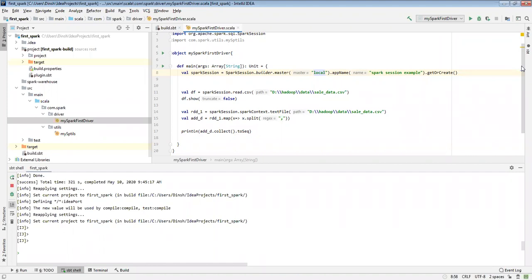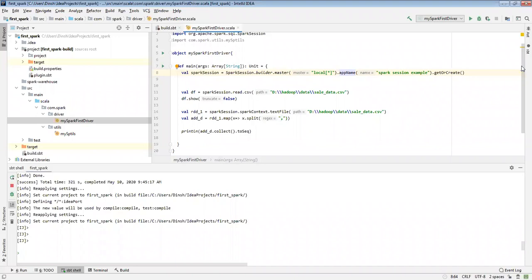When I am using local star, the application is allowed to run on multiple cores, and when it can run on multiple cores, multiple tasks can be done in Spark. Then the app name depends on the project; we can give just any app name. It is used when you are searching for your logs in the Yarn UI. That time this Spark app name will help to search the information and the logs. That is the purpose of the application name.